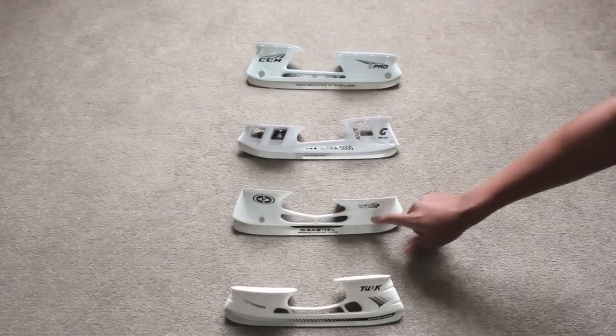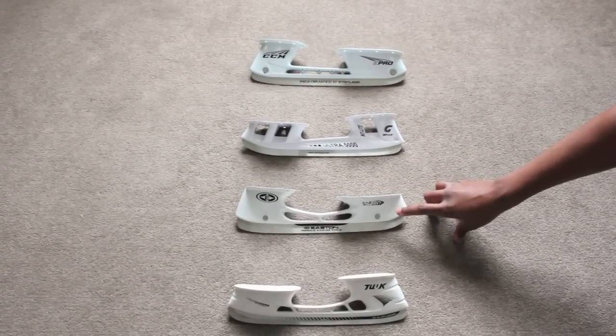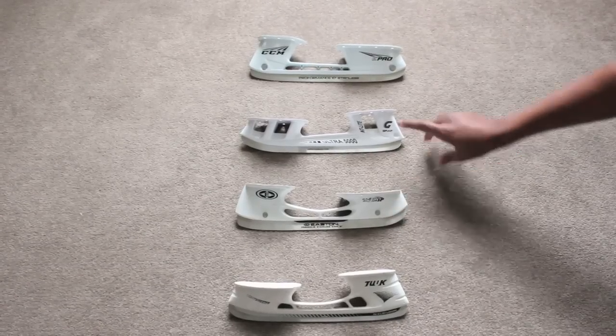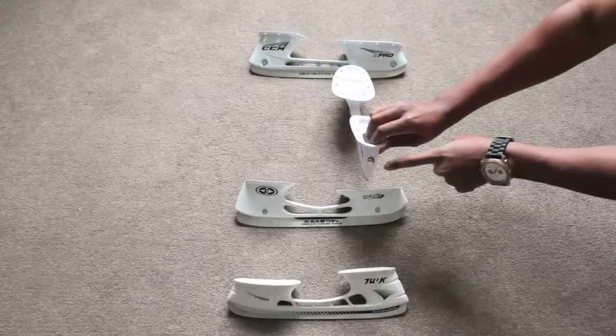You can see Easton have the bolts over there, so they're nice and easy to switch out. You can literally just undo the screws, fit in a new blade, takes 10 minutes and you're ready to go back on the ice. With Graf, the screw to remove their blades is on the back over there,